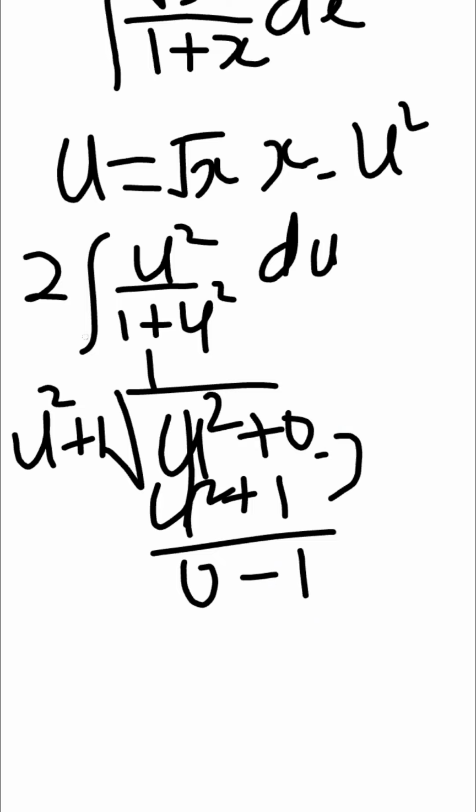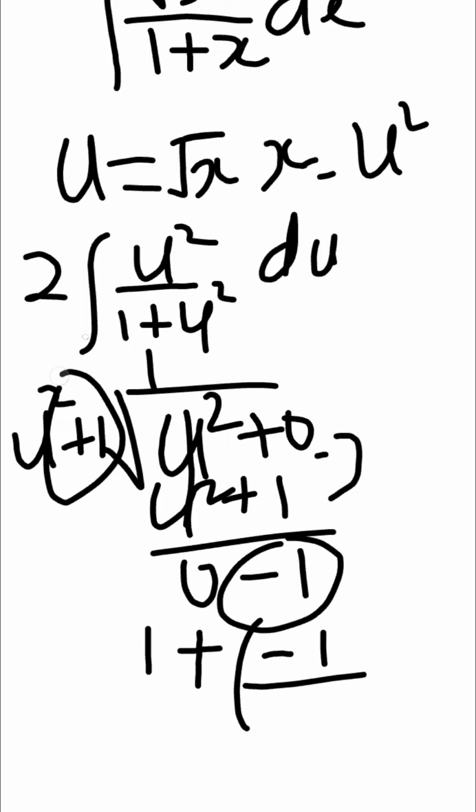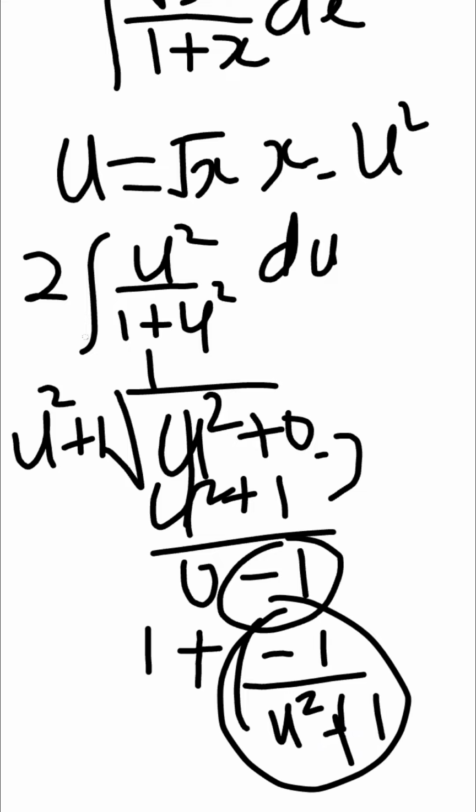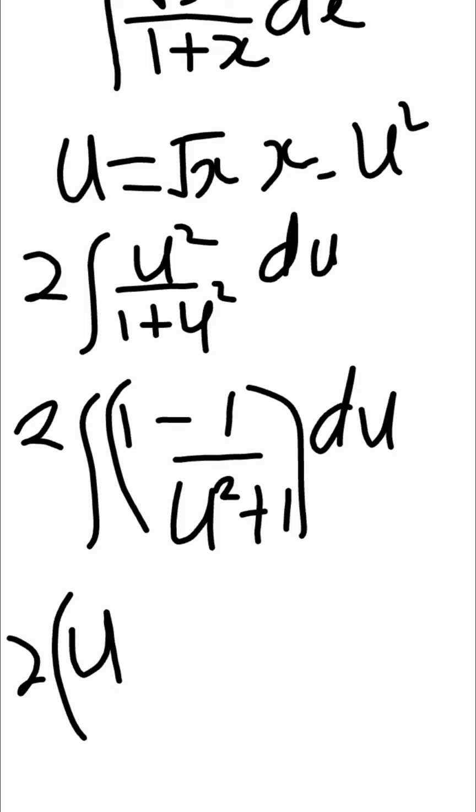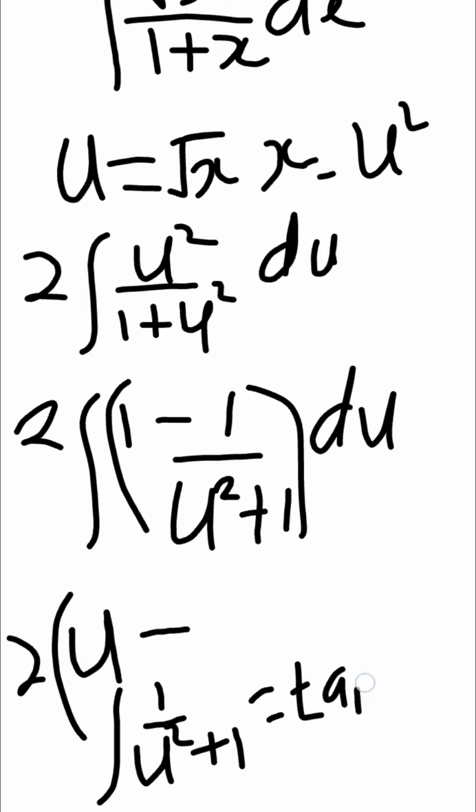So now let's write this in its fraction form. What we got as the quotient, we're going to have 1 plus minus 1 over u squared plus 1. This is the remainder. So this is going to be 1 minus 1 over u squared plus 1. The integral of 1 with respect to u will be equal to u, right, with the 2 outside, minus the integral of 1 over u squared plus 1. So when we have an integral of the form 1 over u squared plus 1, to evaluate the integral, or even the derivative, it is always an inverse tan of u